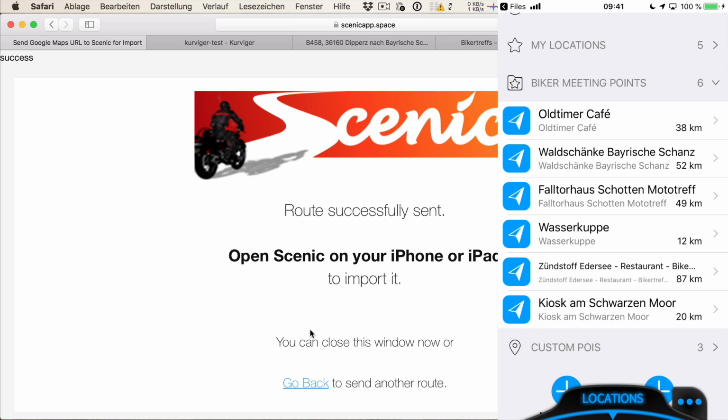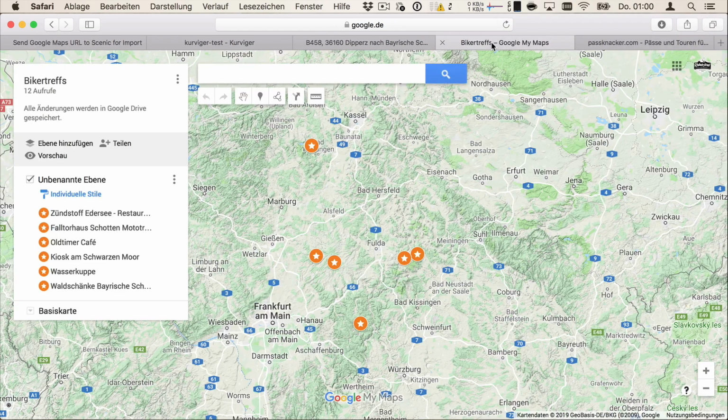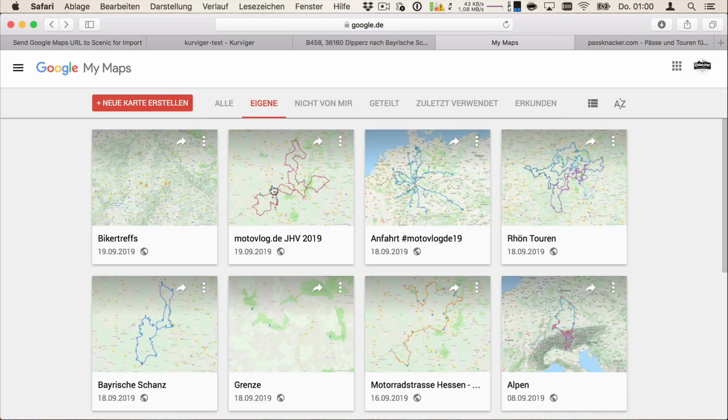You could also include this as a POI group, but I have a better example for this one, so I keep it for later. I just want to show one more thing with Google Maps. So this was a quite easy one with just some points of interest in it,